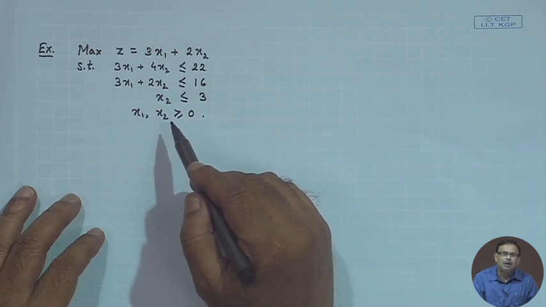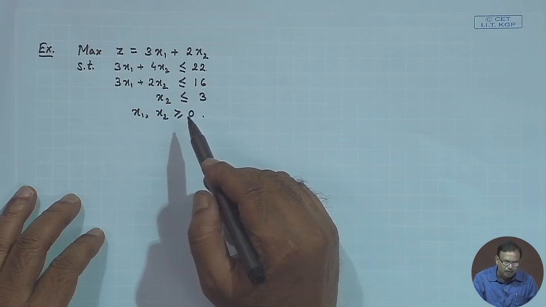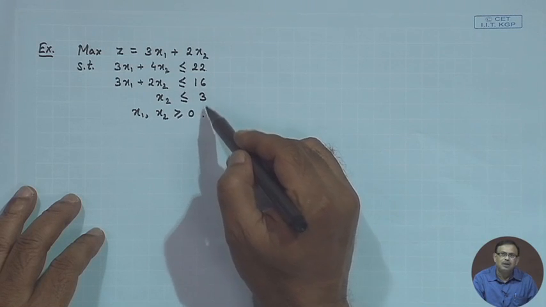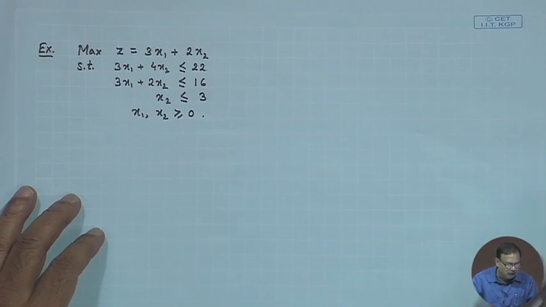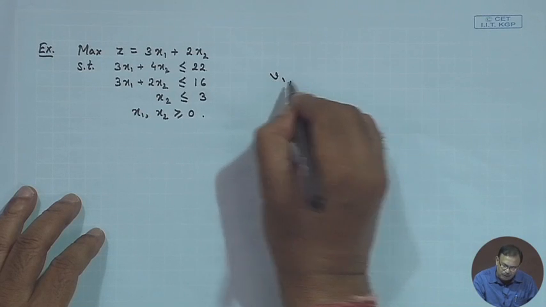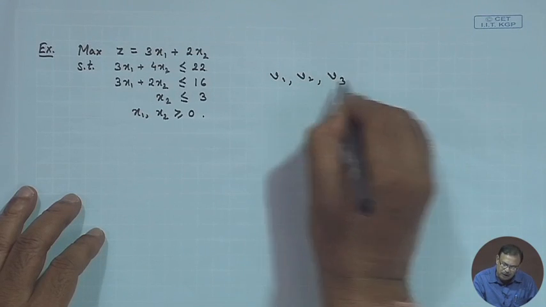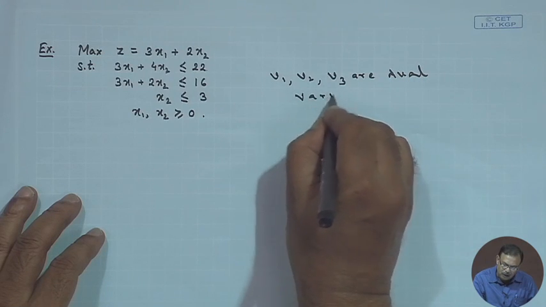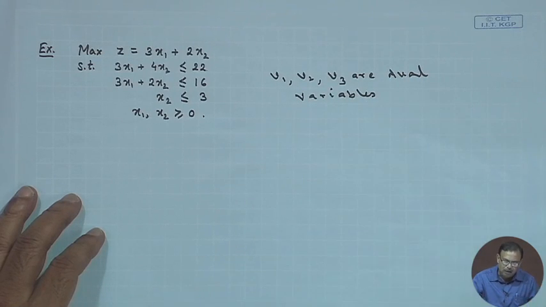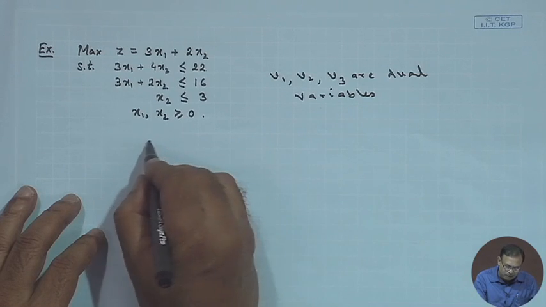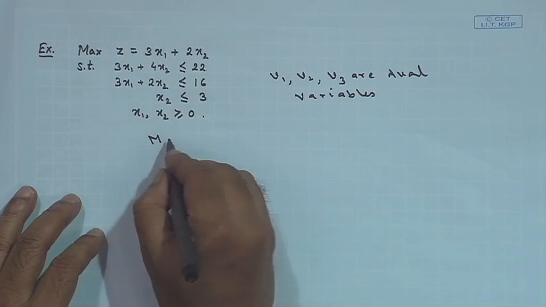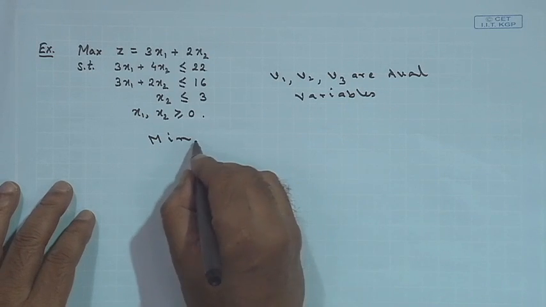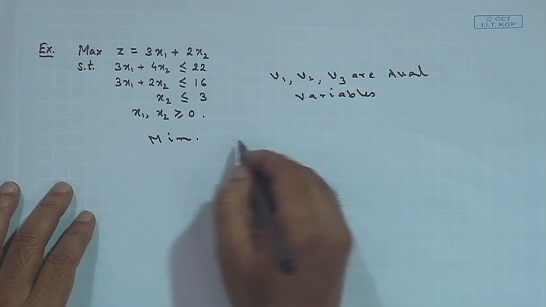Since I have 3 constraints here, in the dual problem, in the objective function, there will be 3 variables. So let V1, V2 and V3 be the dual variables. I am assuming V1, V2, V3 are the dual variables. So, what is the problem? Now, maximization will be converted into minimization: minimize W equals,